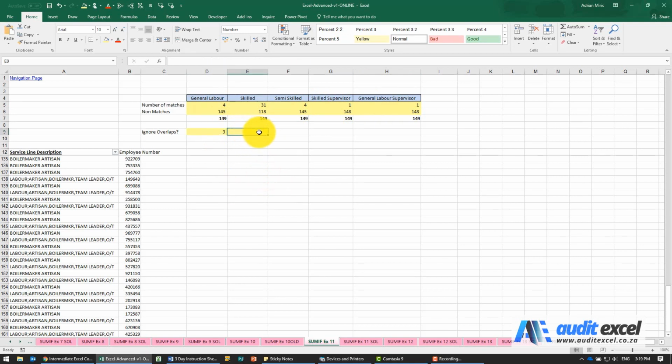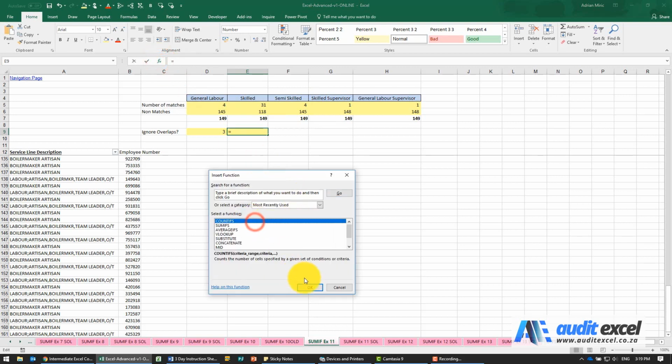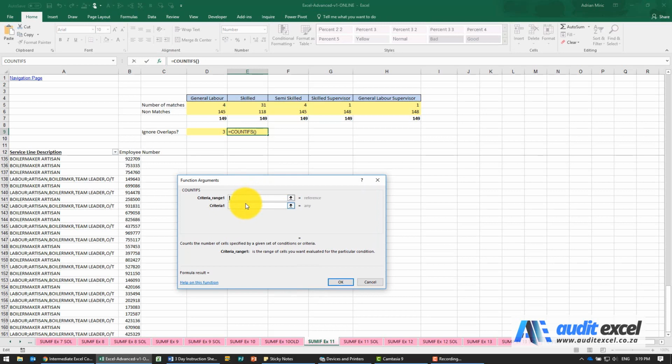This one's going to be one more requirement because we've got 3 items that we want to use. So we want to look at skilled, but we want to exclude where it's been used in semi-skilled and skilled supervisor. So we're going to again do a COUNTIFS. First part's going to be the same. The criteria is we're going to look for skilled, but we need the asterisk in front of it. So I'm going to put in inverted commas, asterisk, ampersand, and then the asterisk in the inverted commas. Where must Excel look for that? In this column.